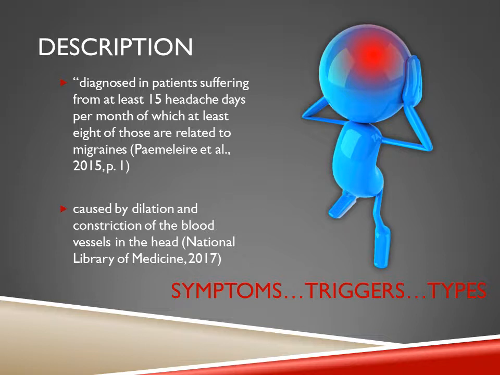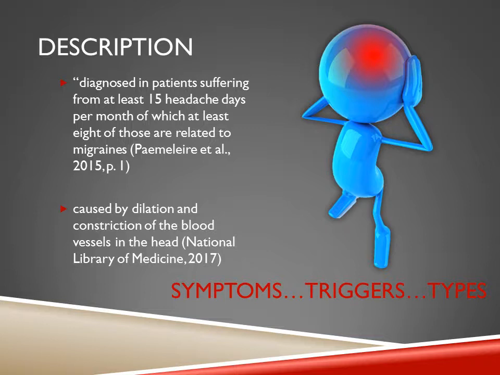A migraine is a type of headache. It is caused by dilation and constriction of the blood vessels in the head, which causes symptoms such as nausea, vomiting, light and sound sensitivity, and in a lot of cases, intense throbbing pain on one or both sides of the head. Although the exact chain of events that causes a migraine isn't really known or clear, it is caused by abnormal brain activity that is triggered by a variety of things like stress, caffeine, chocolate, and so on.